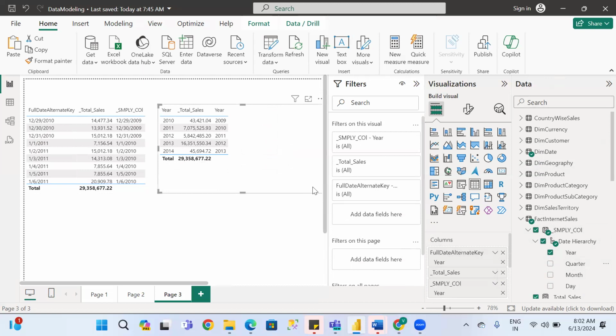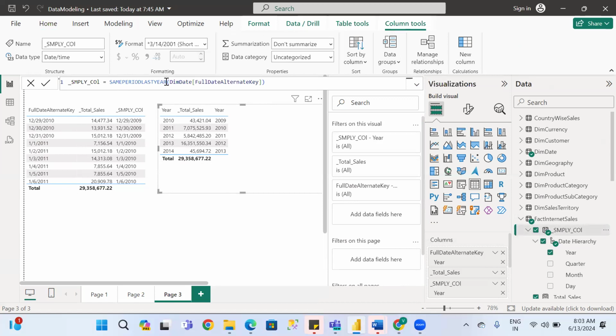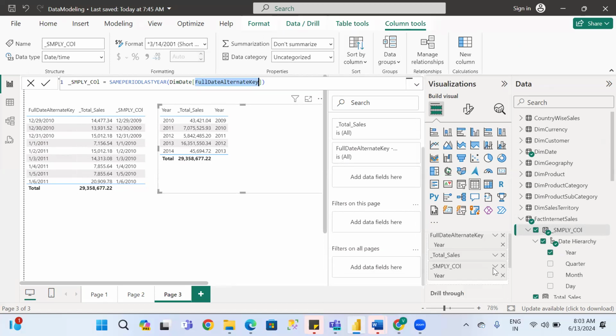based on this. Now I'm taking the date column. So in this context I'm going here, so it will come exactly here. The reason is this is completely the full date alternate key. So what we have written in the expression, same period last year, dim date full date alternate key. As of now I am taking only year. Then in this case, in this visual,